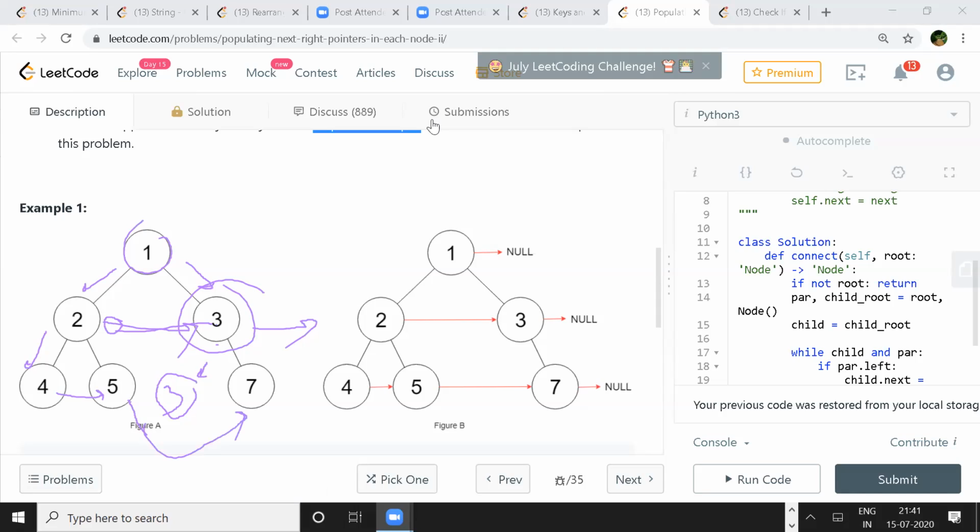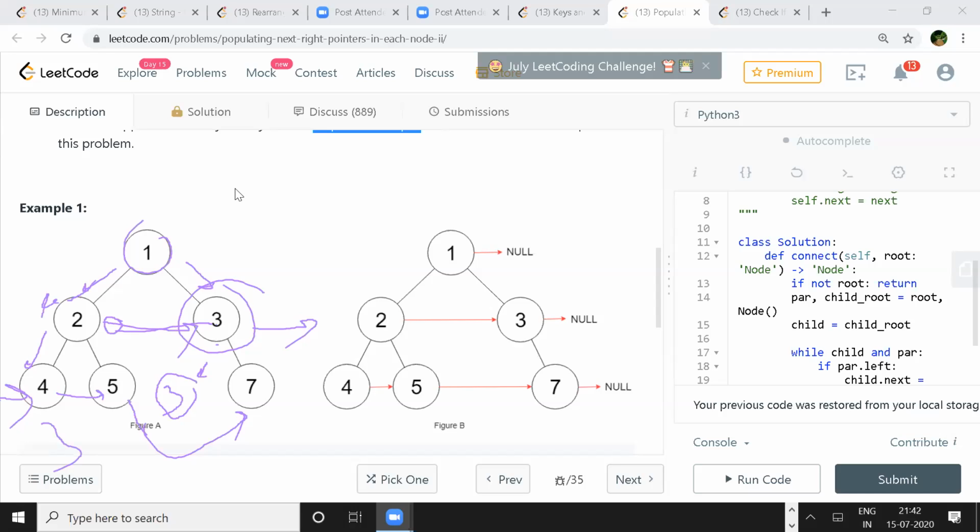Well, I think I'm not very clear in that, but that is the max we can do. Whenever we are at level number 2 or level number 3, we have information of level number 2 also, because we are coming from this level. So we can always look back at the previous level's information and find what is the root's next. Based on that root's next, we can find if it has any leaves.